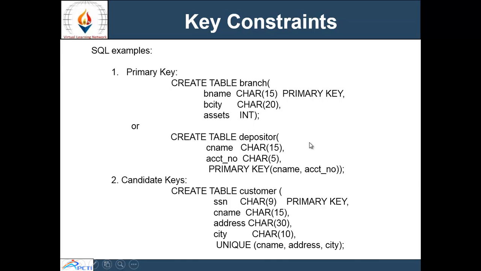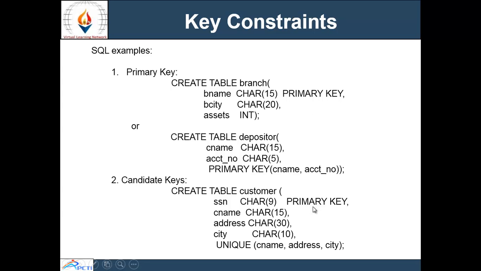If you want to make BNAME a primary key, then we have to specify a constraint, you can say a key constraint, to specify the primary key here. This is the way you can create a primary key.